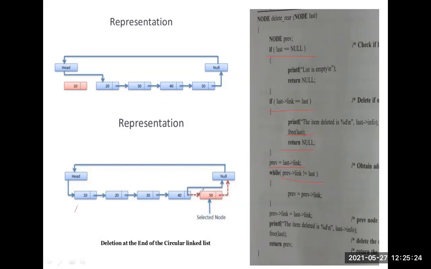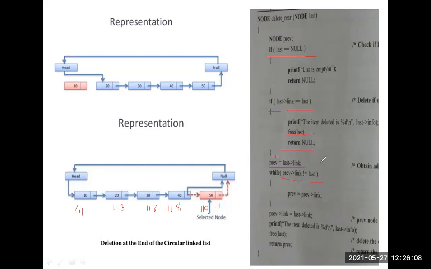Last contains the first node address. So this is 111, and that address is stored here. Now previous equal to what address? Last of link I assigned to previous. Now previous is 111, and this address is 113. This address is 116, and this address is 118. I am just writing these for example. What is last here? Last is 119. Last of link is 111.